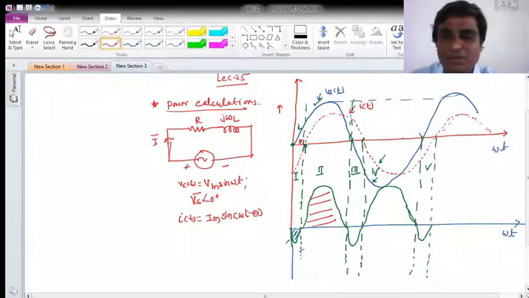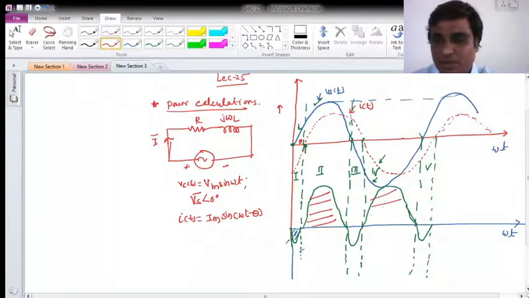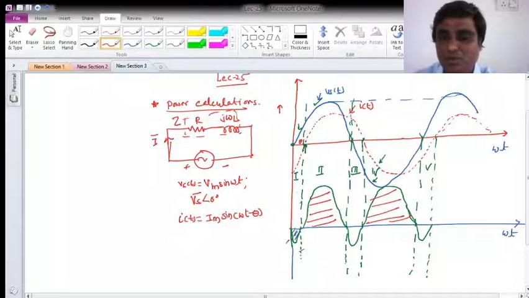So ultimately, when power is positive, what does it mean? Your source is delivering the power to, let's say this is my load, so the source is delivering the power to the load. But when power is negative, what I am observing is that the source is absorbing the power. It is true because in RL there is an energy storage element, so the energy will also transfer back to the source. It may happen. That's why there is positive power and negative power. But at large, I am observing that the source is mostly delivering the power.